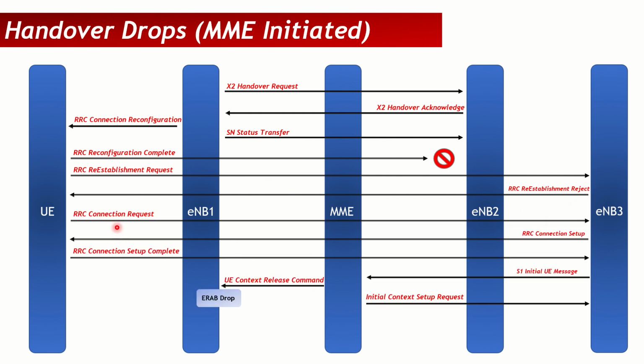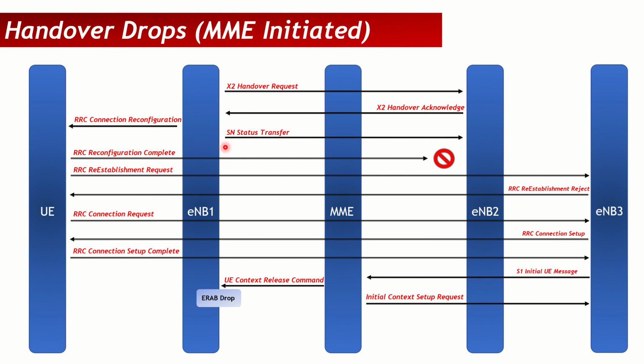Then the UE will try RRC connection setup on the eNode B3, and the eNode B3 will then trigger an S1 initial UE message to the MME for this UE. And the MME again will see that, okay, I already have a context for this UE on eNode B1, so it will send a UE context release command to eNode B1, and eNode B1 will peg an MME drop. Now in this scenario, the difference from the previous scenario where the handover drop was eNode B initiated was